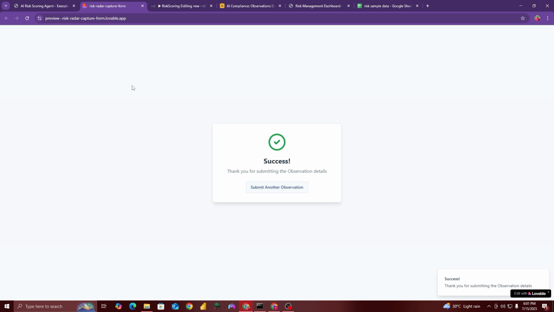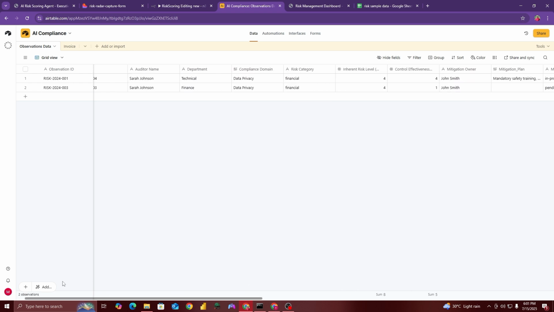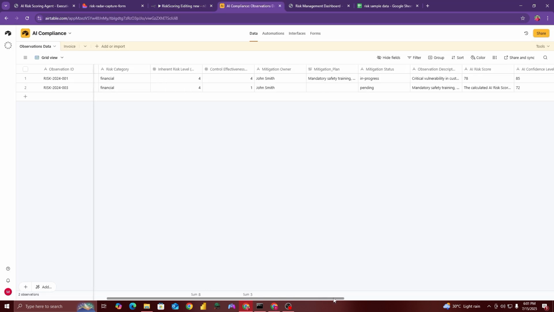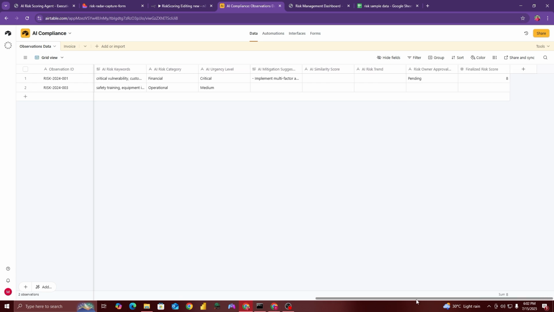Now all these details are added to this AI compliance engine database. Here is the data that has been added. Now the AI compliance engine is running in the backend, and it will generate the confidence level, urgency level, risk keywords, risk category, and all of this data will be added here again. Just look at this one, the AI risk score is generated, the confidence level and everything else is generated.